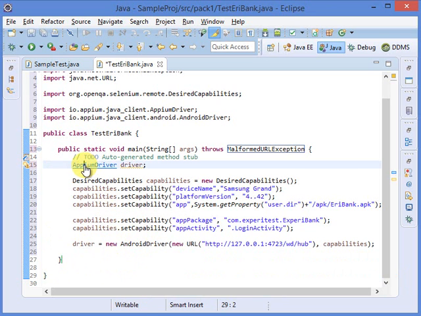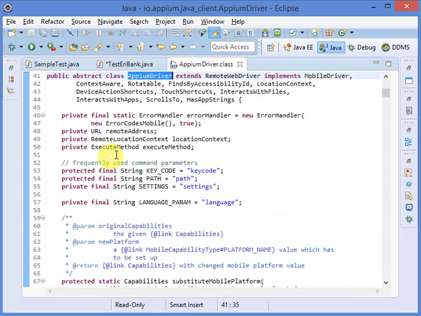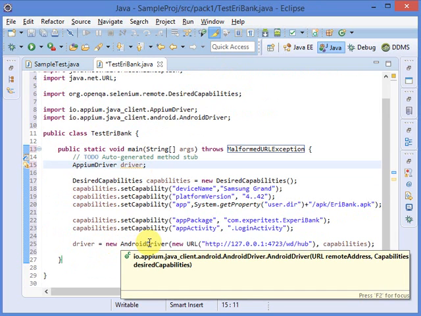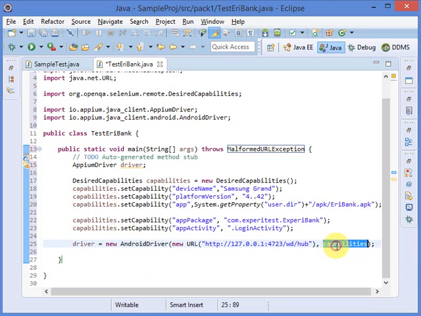When I click on here, you can see the Appium driver is an abstract class. So you cannot instantiate an object for the Appium driver. From 2.x you need to specify Android driver. As I am working on my Android device, you need to specify Android driver, and it takes two parameters. One is the capabilities, which specifies the details like device name, platform version, and all other things. And here is the URL which you are going to connect to the